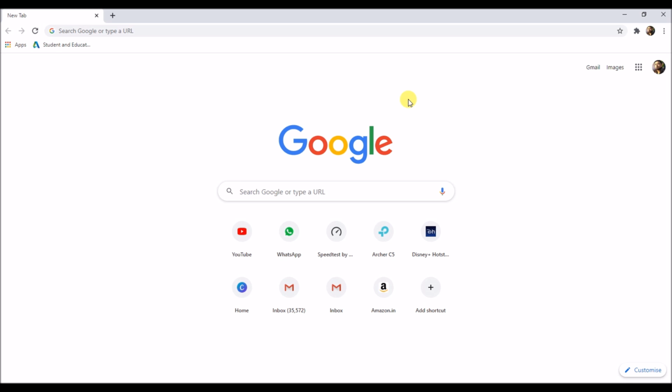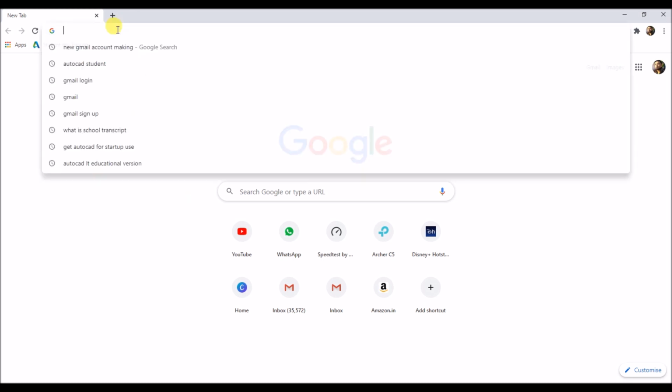Next question arises is, who can get AutoCAD license for free? So only the students and educators who are currently enrolled in some recognized university or school with valid documents can get the AutoCAD license for free for a year. Previously it was for 3 years. And ex-students won't be able to get AutoCAD for free. They have to buy it from Autodesk.